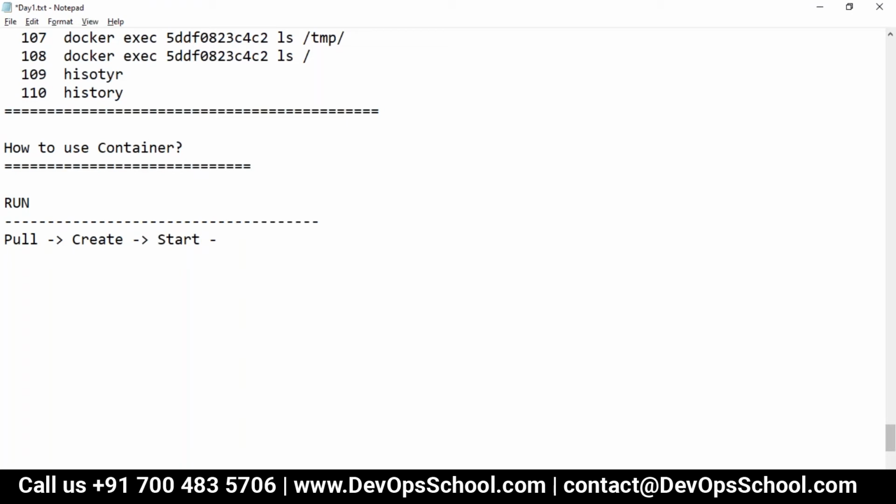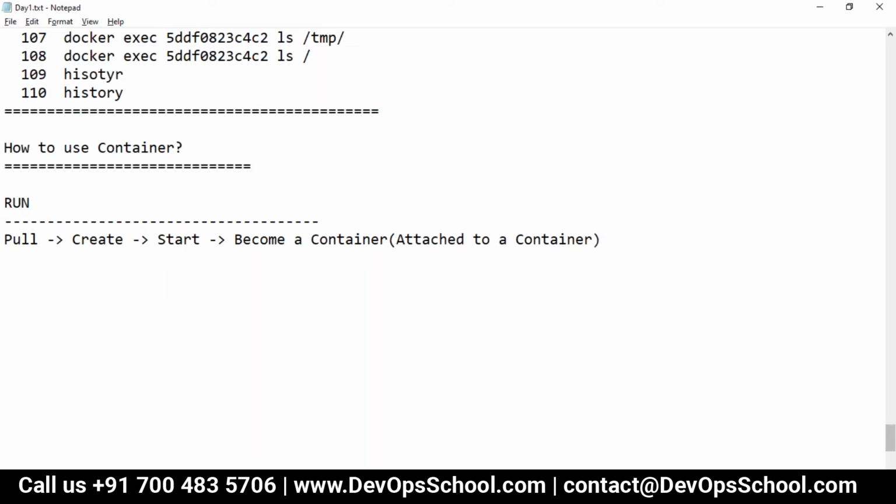And one more thing it will do: become a container. Become a container means you become the container. Simple. You were bash, but you become the container process, PID 1. If you are not able to visualize it, no problem, I'll show you the demo. Sometimes we also call it attached to a container.